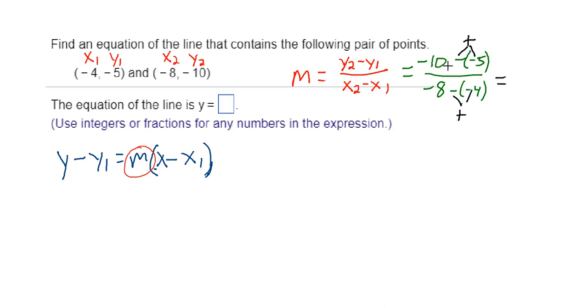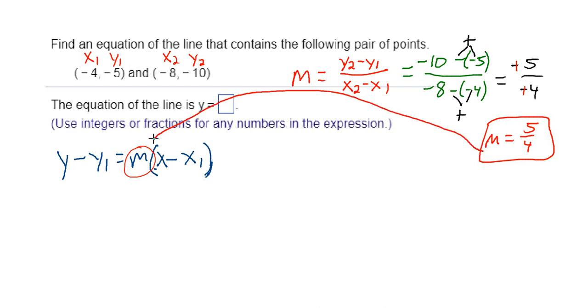So what we have is negative 10 plus 5, which will be negative 5, over negative 8 plus 4, which will be negative 4. Now those numbers don't reduce, but the negative signs do cancel out. Negative divided by negative is positive, so my slope will end up being positive 5 over 4. All right, so that's the slope. So we had to calculate it this time. They didn't just tell us what it was, but we do calculate it, and now we can plug that in